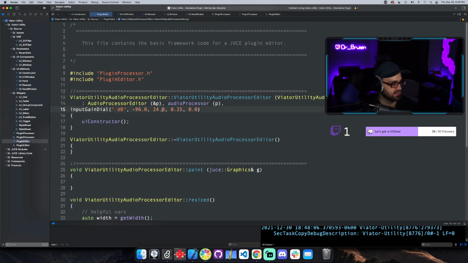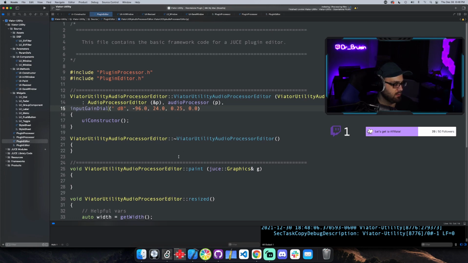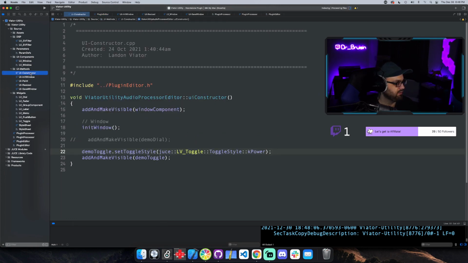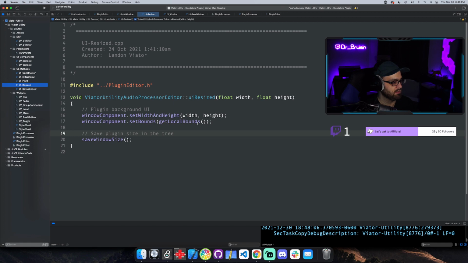So -96 to 24. That should give you plenty of room to do any gain thing that you need to do. Demo dial, input gain dial. Okay. And then resize,